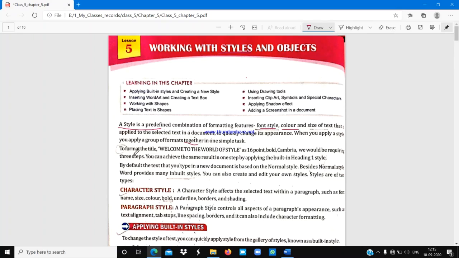To format the title Welcome to the World of Styles as 16-point, bold, Cambria, we would require 3 steps. You can achieve the same result in one step by applying the built-in Heading 1 style. So let's see how we can do it.